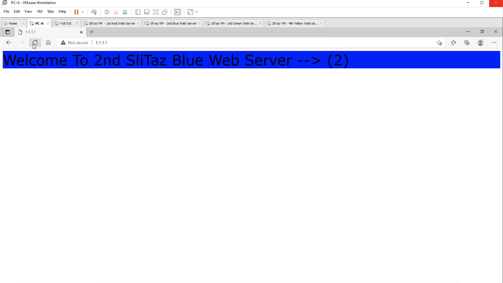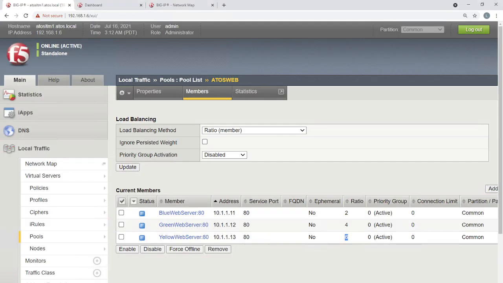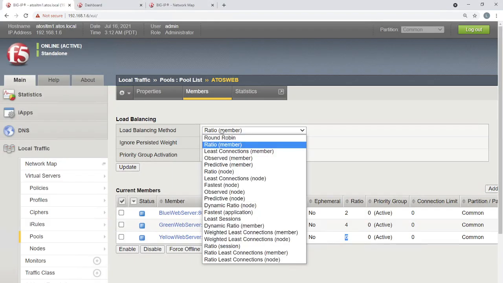Is that clear? Do you understand what I'm saying? Again, in ratio, you have dynamic ratio, you also have a weighted ratio. There are a couple of things. See, weighted least connections are there. So ratio least connections are there. Simple ratio session based is there. You have a couple of methods. Can you see this, dynamic ratio is there? A variety of techniques are there. But each and every one works in a slightly different manner. You need to know the differences of each load balancing technique, so that you will be able to use an appropriate method for the application that is being managed through your LTM device.